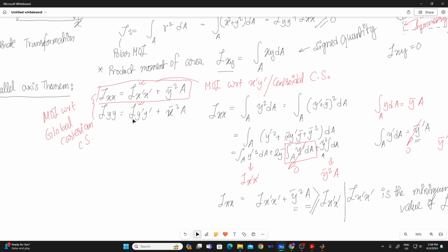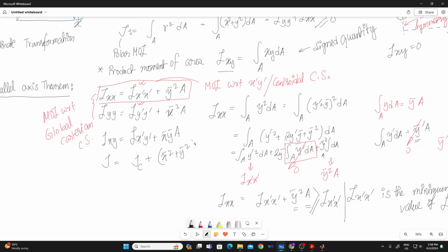So whatever we have obtained here, we have actually proven that. By the way, when it comes to product moment of inertia, you can also write this: Ixy is Ix'y' plus x bar y bar times A. Similarly, J is J with respect to the centroid plus x bar squared plus y bar